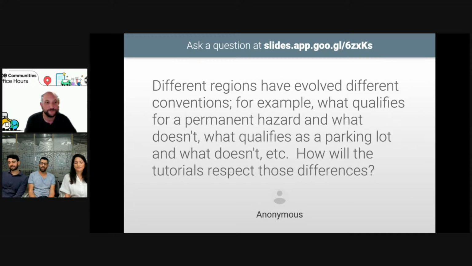As I said before, we are trying to make it as general as possible, because obviously we can't create a training for each local community. We also want to respect those guidelines. So we try to make it as general as possible, one size fits all, if you will. For local guidelines, you have to refer new editors to the Wazeopedia, which has a dedicated page for each community.